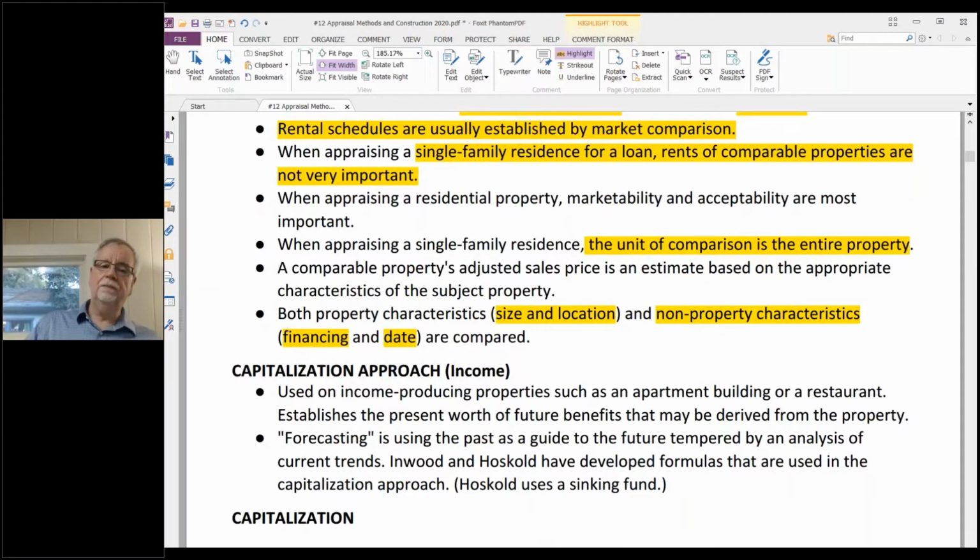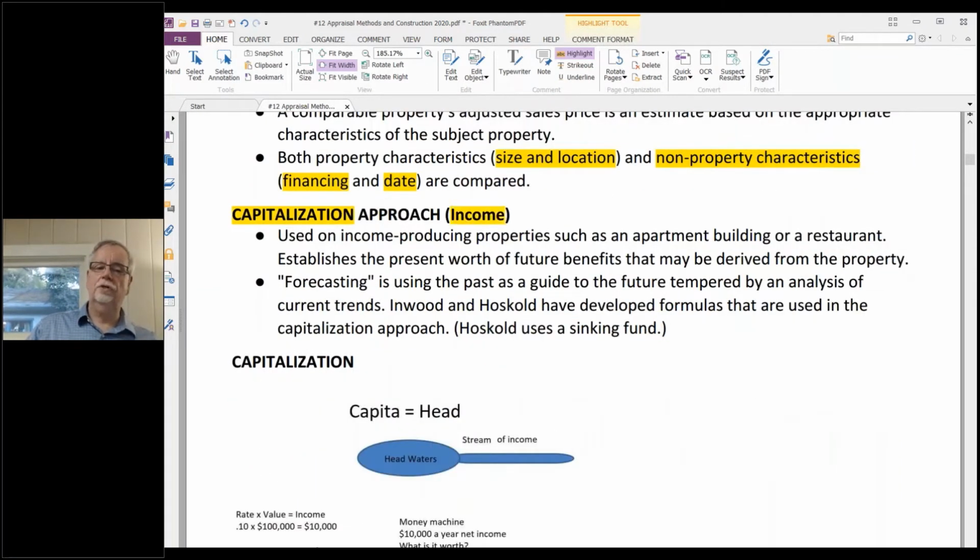The next one is called capitalization, also known as the income approach. And as you might guess, it's used on income producing properties. And the best definition of what the income approach is this line here. It establishes the present worth of future benefits that may be derived from the property, the present worth of future